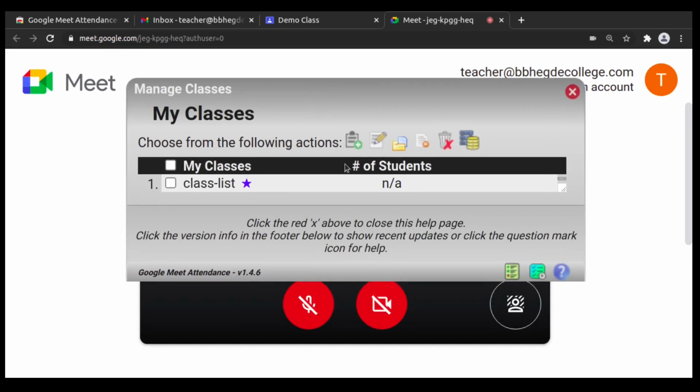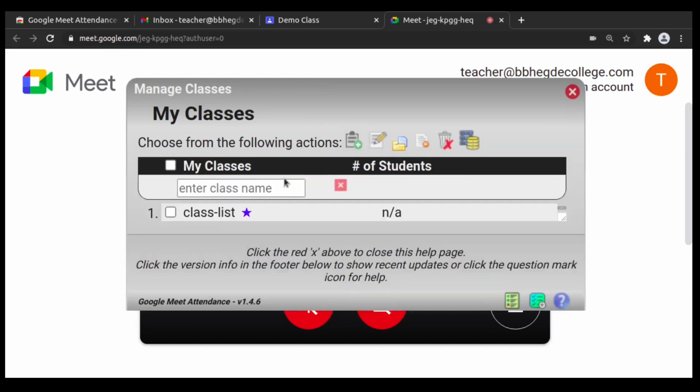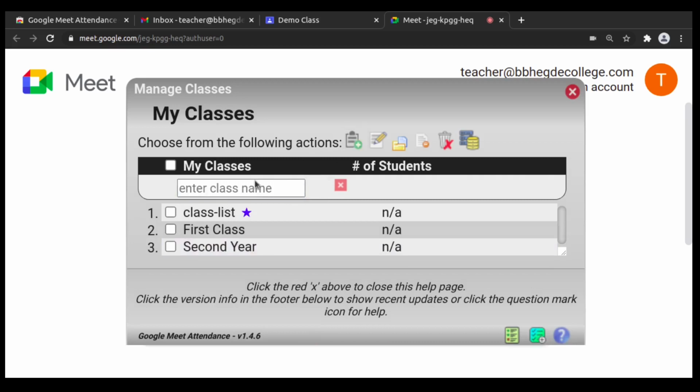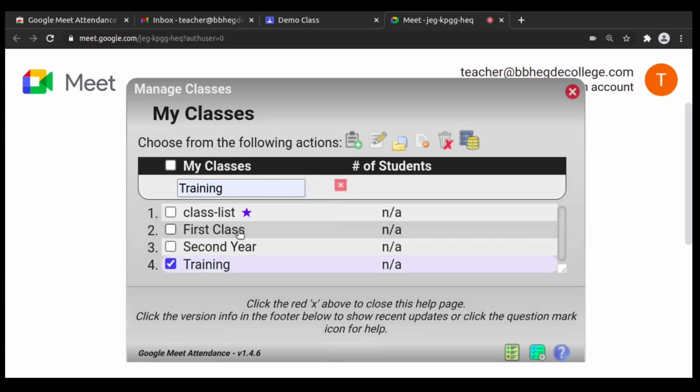If I have 3 classes, then I can click this plus button and add the first class. I will name it first class. Similarly, I can add one more. Say I name it second year class. Similarly, I can add any number of classes. Say I need one more class, used for training. So I have multiple classes: first class, second class, training, and it can be anything like first year BCom, second year BCA, and so on. It depends on whatever name you give. I can even give subject names like mathematics, physics, accountancy. It can be any name.